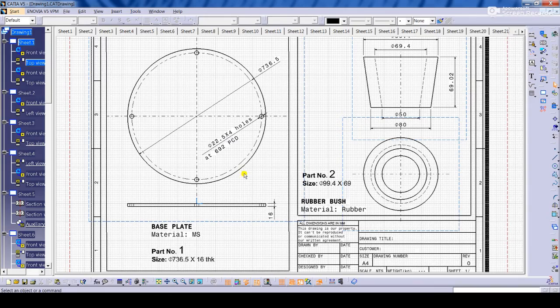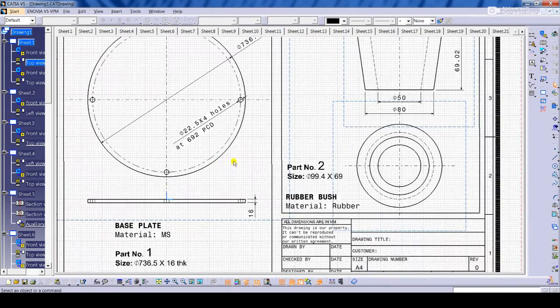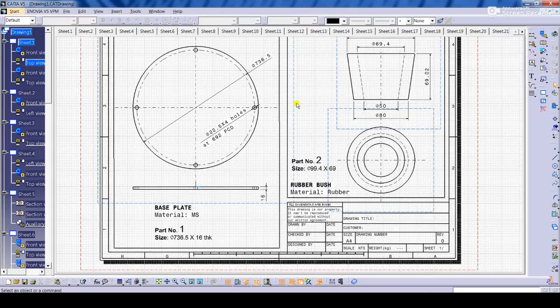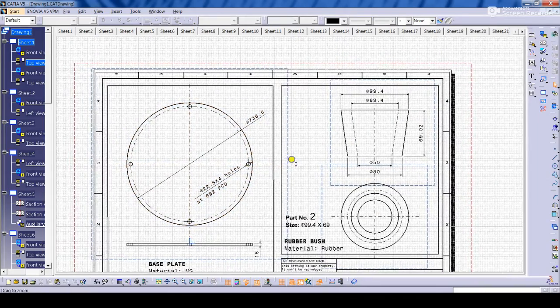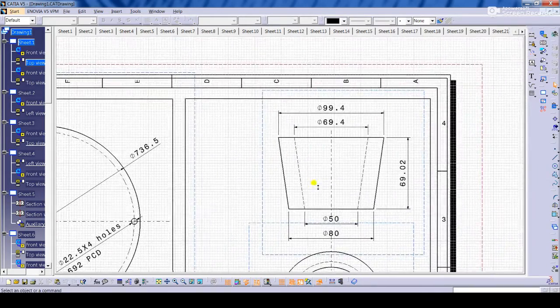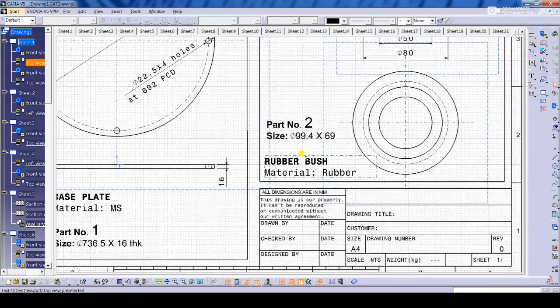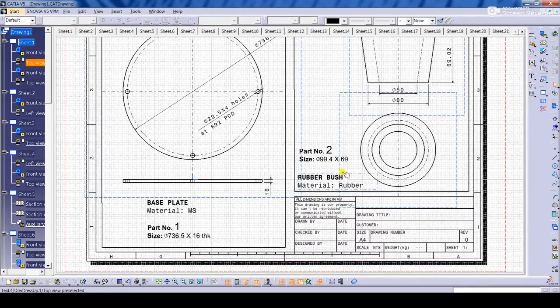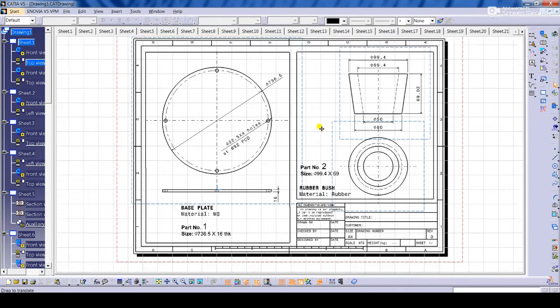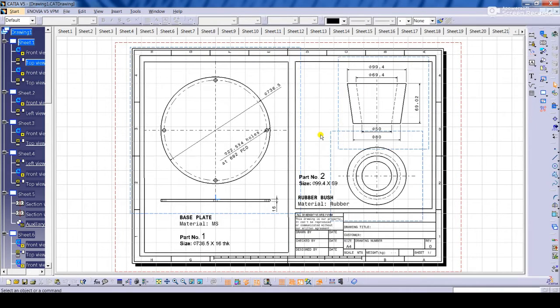So you can draw any views directly: front view, top view, side view, or any auxiliary views and cut sections, and you can add dimensions very easily, and nameplates. Each and everything you will learn in detail in the Drafting workbench.